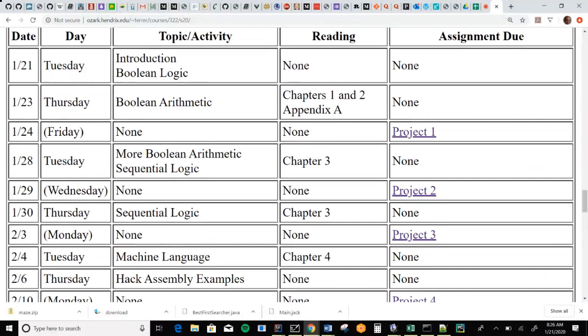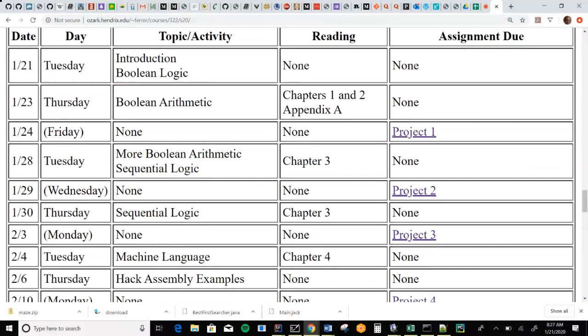The first few projects with the digital circuits, we're going to be going through those extremely quickly. This is in part because compared to material later in the class, they're not actually all that difficult. But that said, the pace of the class is going to be really fast right out the gate. So just giving you an overview then. We're going to go over Boolean logic today. We're going to go over Boolean arithmetic on Thursday. By a week from tomorrow, you'll have done basic Boolean circuits and arithmetic circuits.